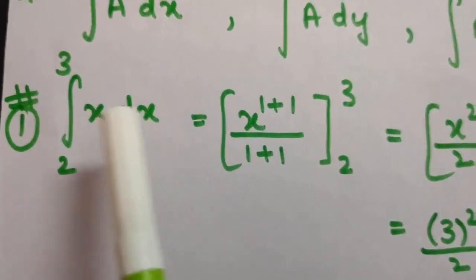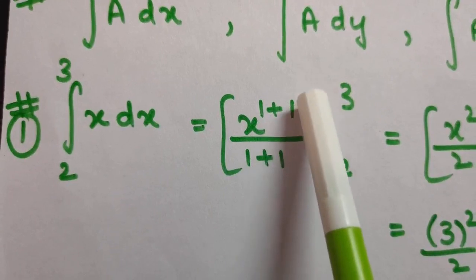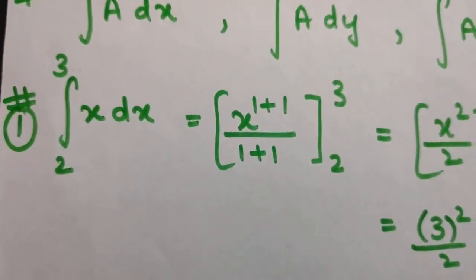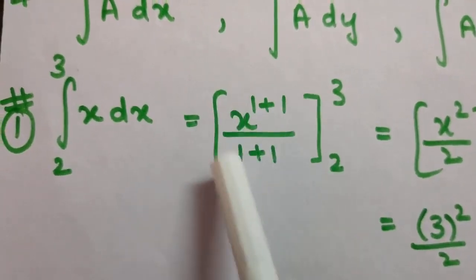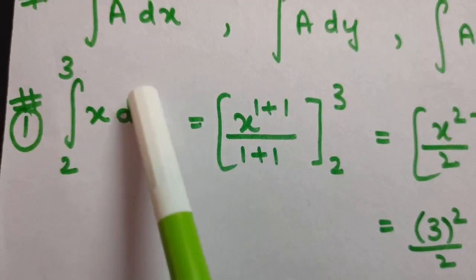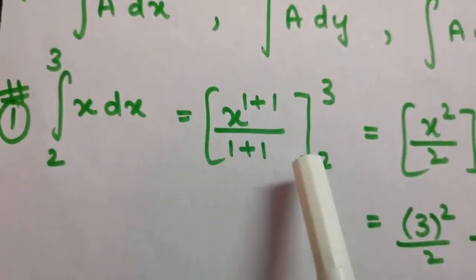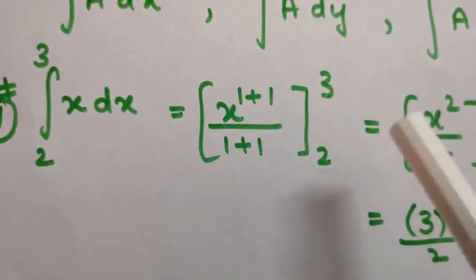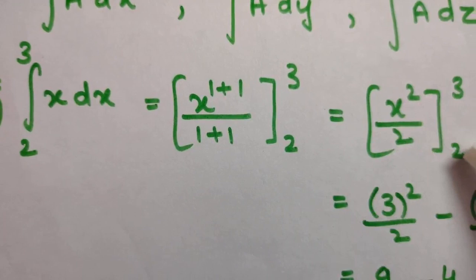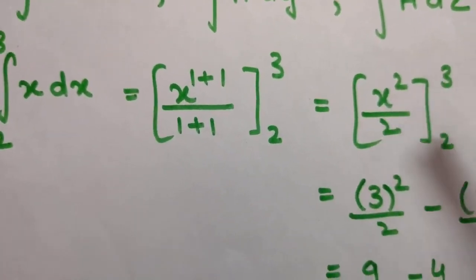Okay, so here the power of x is 1, so we will add 1 to the power, so this is 1 plus 1, and we will divide by this as well, 1 plus 1. Now in this step we have done the integration, so we will remove this sign and this dx also, because in this step we have solved the integration, so the integration sign will not be used here. Okay, so this has become x to the power 2 upon 2, and the limits are kept like this, lower limit and upper limit. So now how to solve the limits?